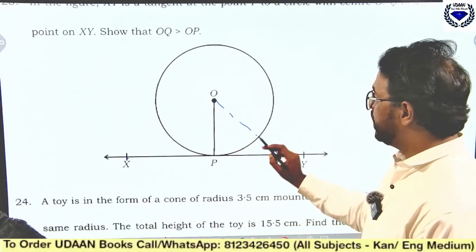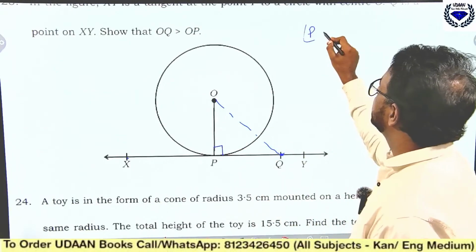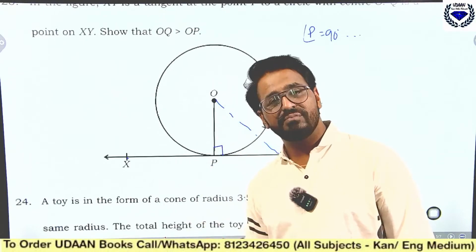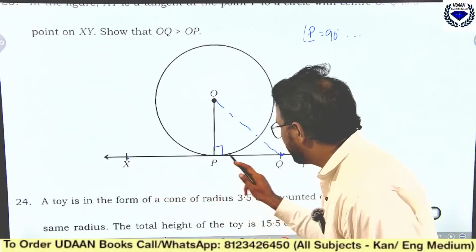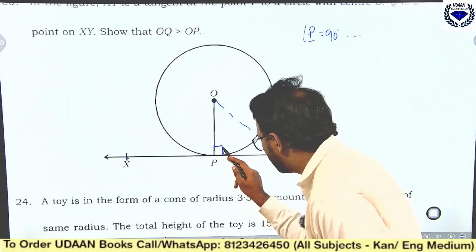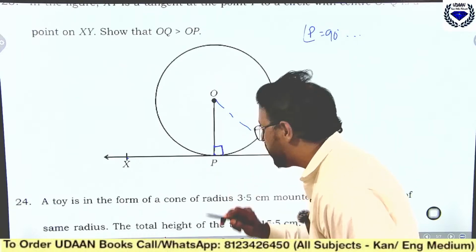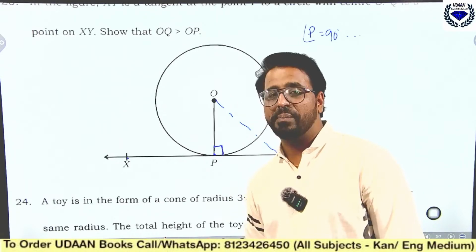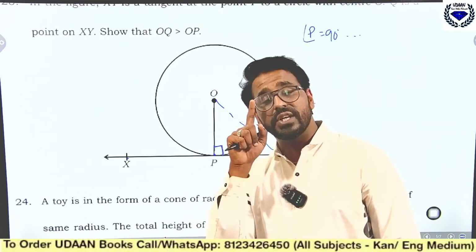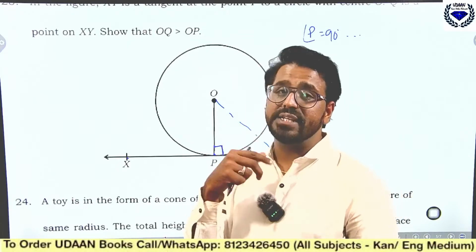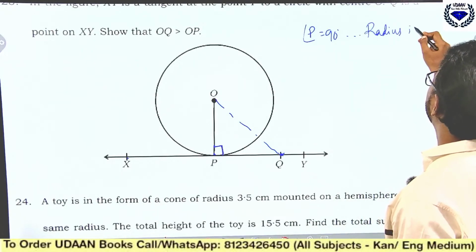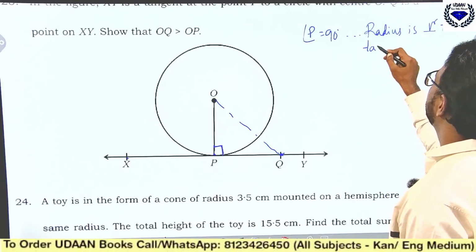See here, very simple question. Angle P is what? 90 degrees. Can somebody tell me why angle P is 90 degrees? Angle P is 90 degrees because the radius and tangent are perpendicular. The radius drawn at the point of contact is perpendicular to the tangent; this is a theorem, 10.1, which you already know. Keeping that in mind, you should be able to solve it.